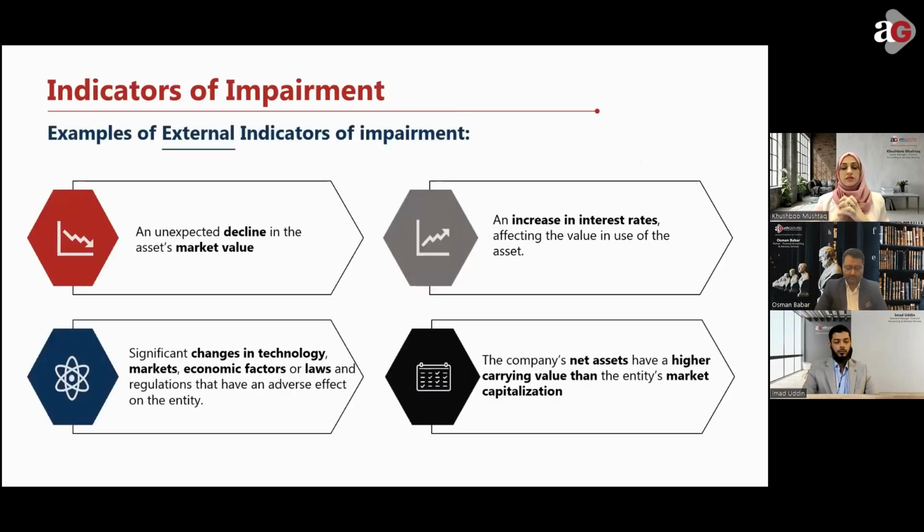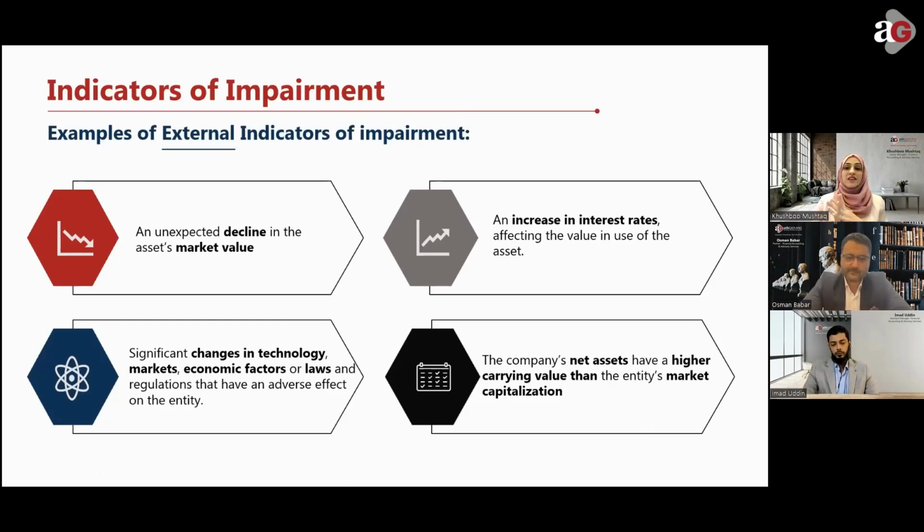Okay, what are indications? So the standard says there are external indicators and there are internal indicators. External, obviously, are from the market side, they are coming externally. Internal are generated internally from the company or the environment. So the standard has specified a few examples of external indicators that you have to assess, whether if such conditions do arise on your investment, on your asset, let's do an impairment testing for that asset. So what are those external indicators? Any unexpected decline in an asset's market value,